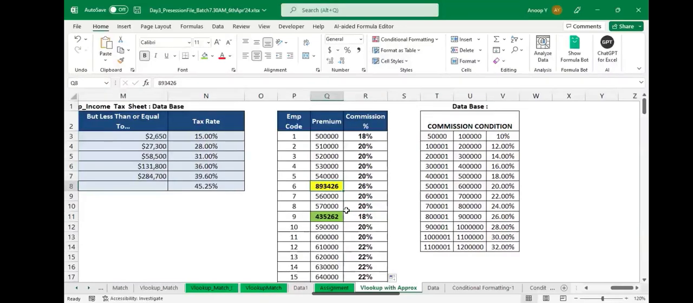और आप किसी को भी चेक करिए, जैसे ये 8,93,426, ये आपका किस रेंज में फॉल कर रहा है कमीशन कंडीशन वाली टेबल पे? ये आपका 8 लाख 1 से 9 लाख की रेंज में फॉल करेगा या नहीं? हाँ। और क्या कमीशन है इसका? 26%। इसी तरीके से 4,35,262, ये किस रेंज में फॉल कर रहा है? इस रेंज में आ रहा है 4 लाख 1 से 5 लाख। 18%। दिस वन यू कैन सी।